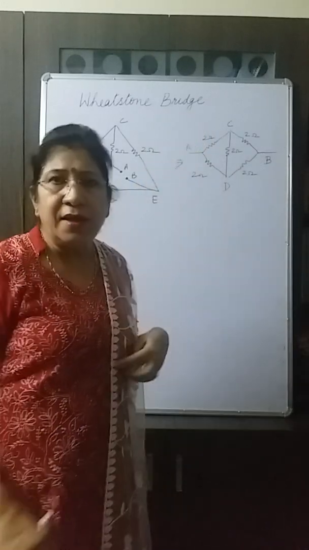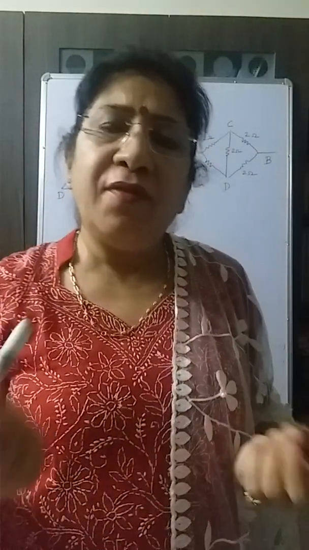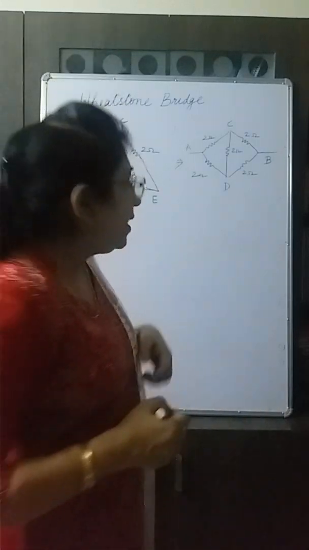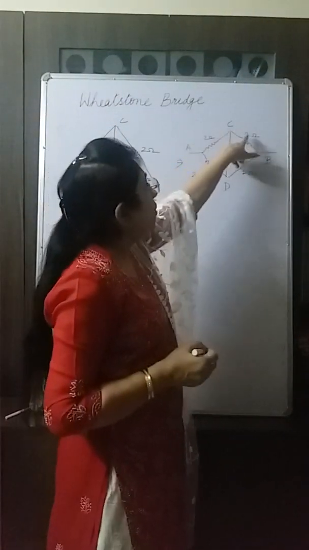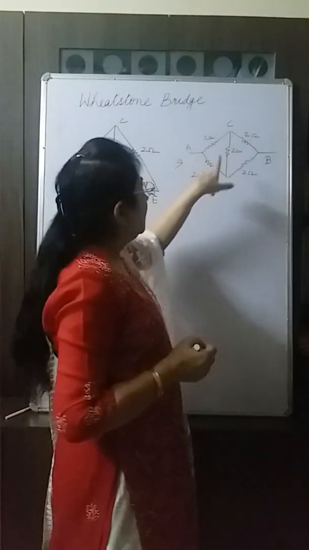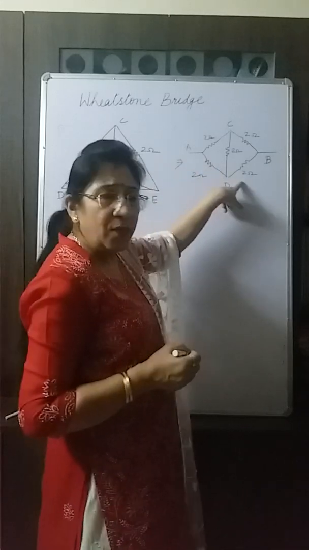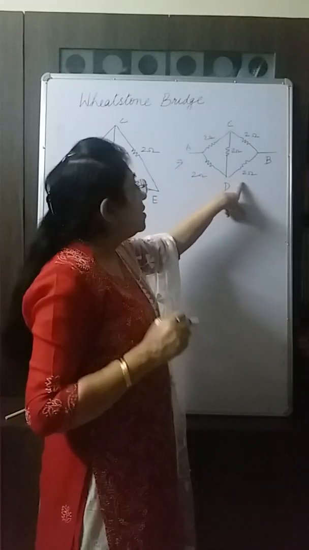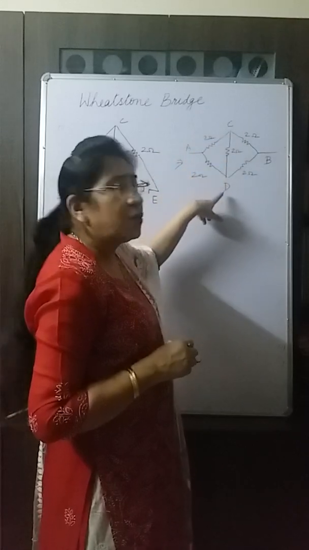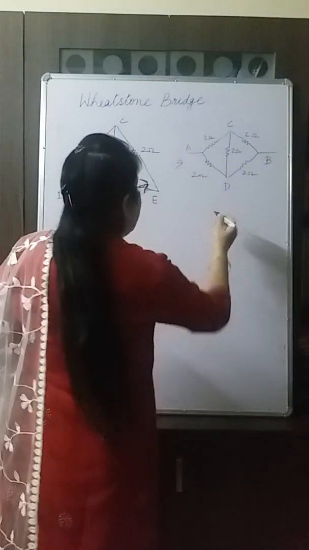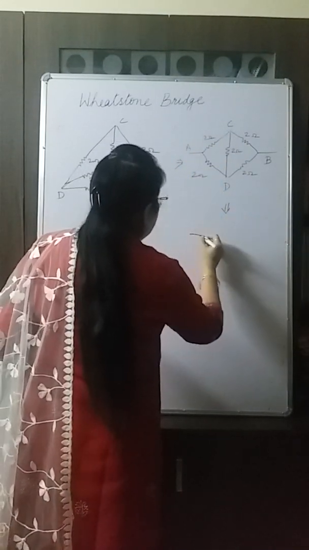Now let us see the balance condition for Wheatstone bridge. It is P by Q equals to R by S. This is P, Q, P by Q, 2 by 2. Again R by S, 2 by 2. So the condition is satisfied. This means no current flows through CD and the circuit reduces to